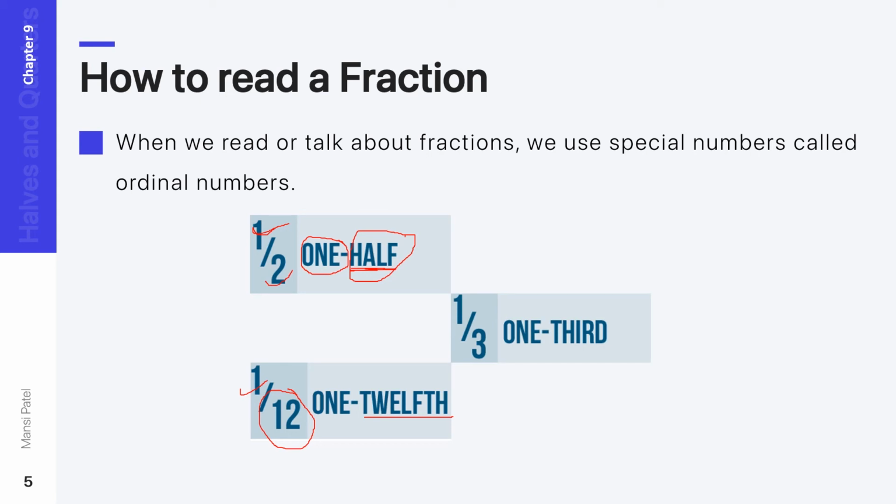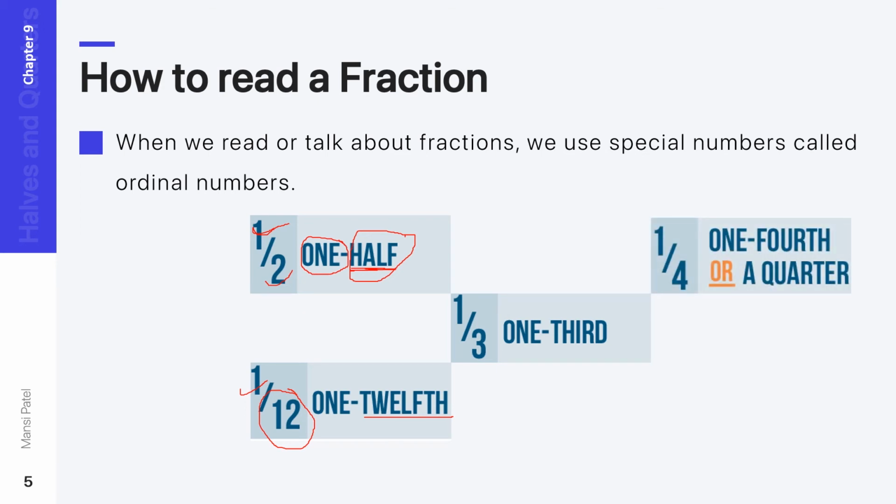What is the number name of the fraction 1 upon 3? It is 1/3. 1 upon 4 is known as 1/4. Or you can say, if any figure is divided into 4 equal parts, then that 4 is known as quarter. So for 2, you use half. So for the number 4, what do you use? You use a quarter.